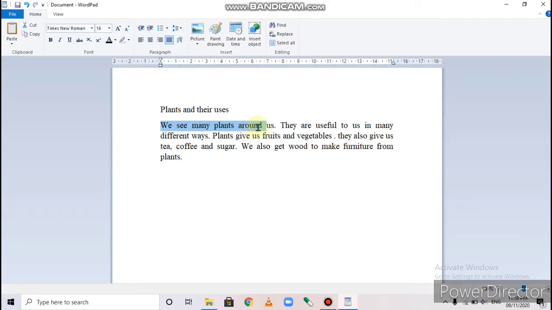And after selecting, release the mouse button. Then your text will be selected. Understood? I repeat once again. Watch it carefully. To select text, the first step is to place the cursor before the text you want to select.